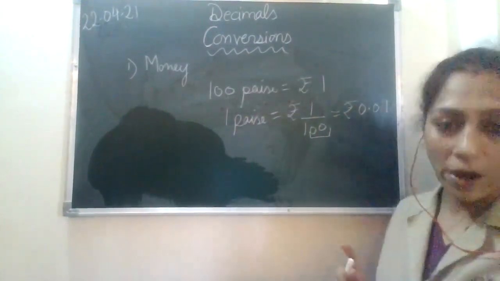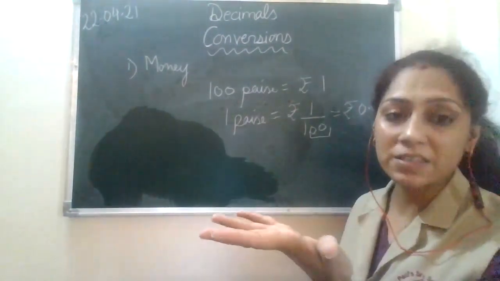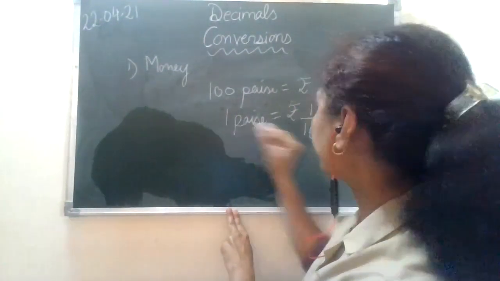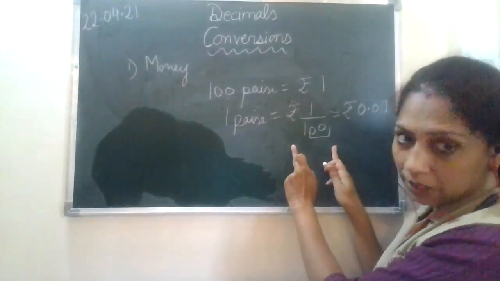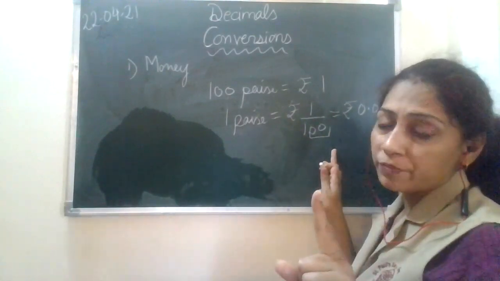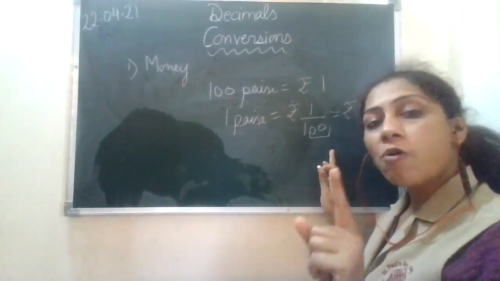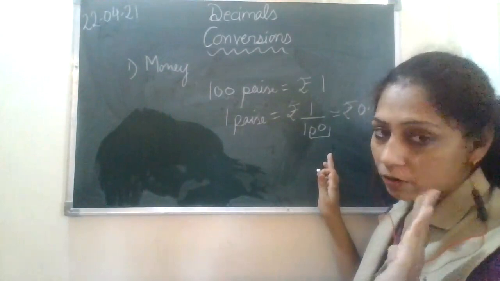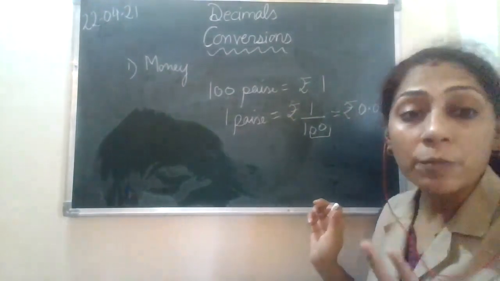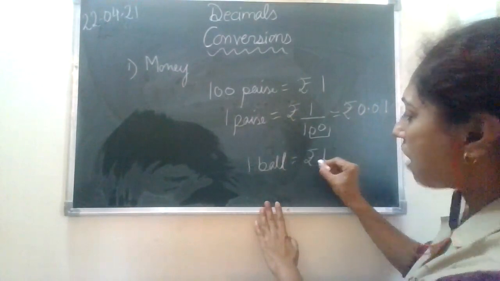The answer is 0.01. Now if I ask you, if I want to increase 1 paisa a little bit, say, for example, I want to make it 25 paisa, what will it be equal to? This 1 paisa was so small, okay? If I tell you I have purchased 1 ball of 2 rupees, and I have purchased 1 ball of half rupee, rupee 1/2. Fine. 1 ball for half rupee. What is the cost of 10 balls?